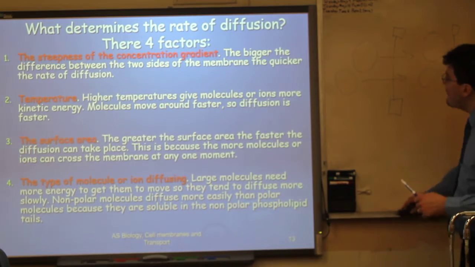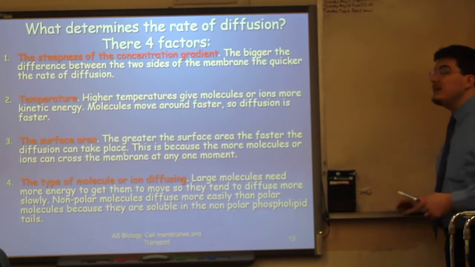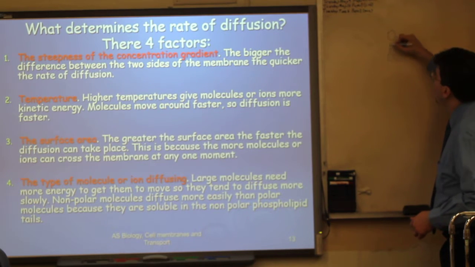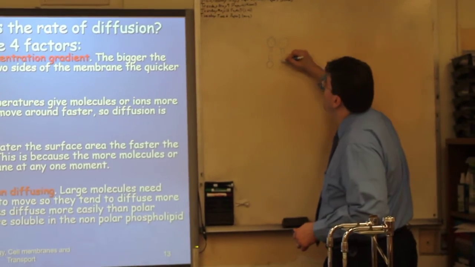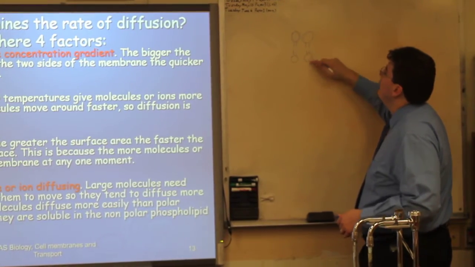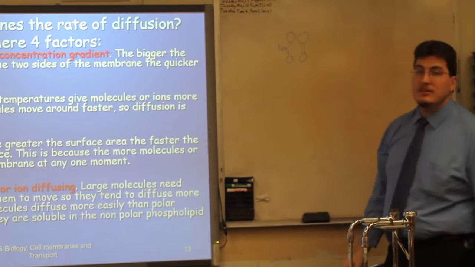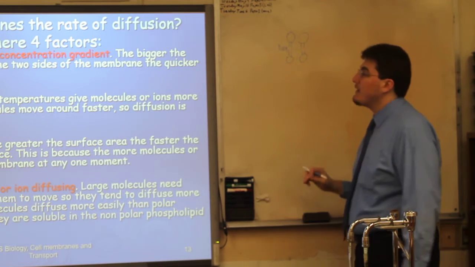Now, the type of molecule or ion that is diffusing. Remember that we are dealing with a phospholipid bilayer, which has a non-polar fatty acid core. This non-polar barrier will